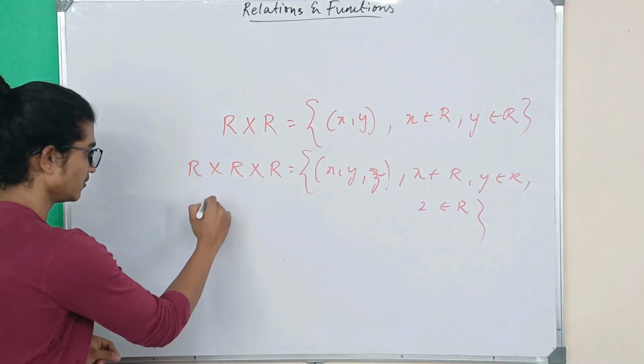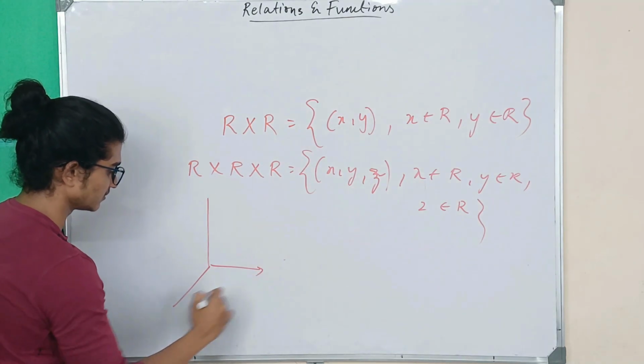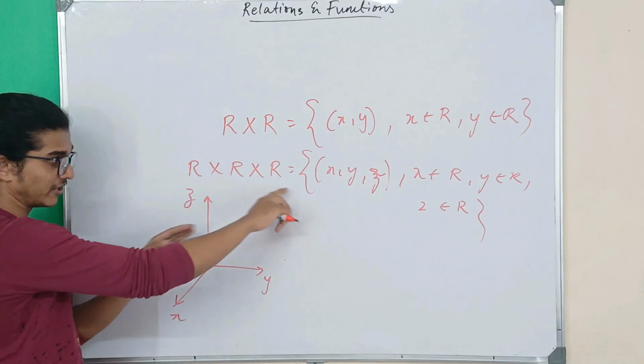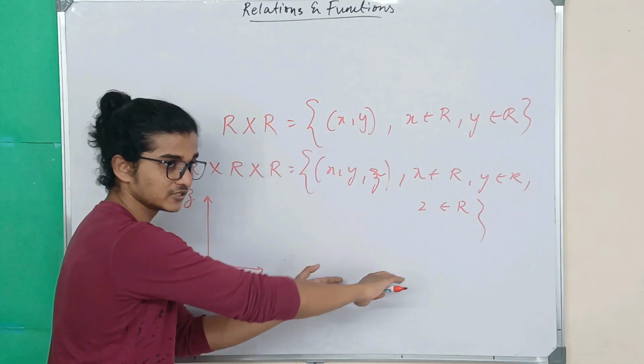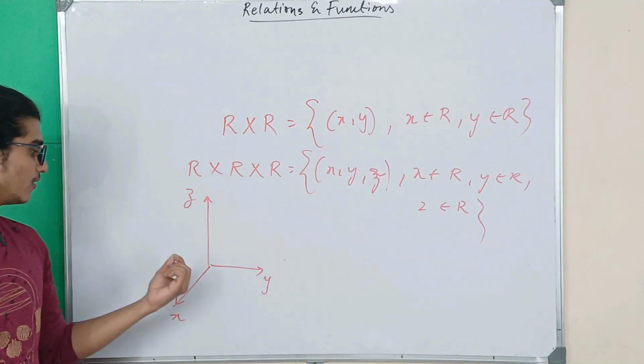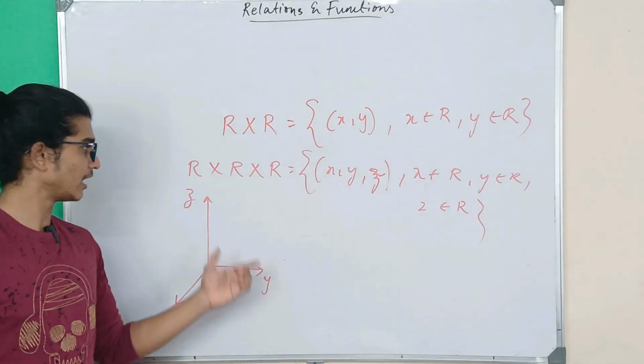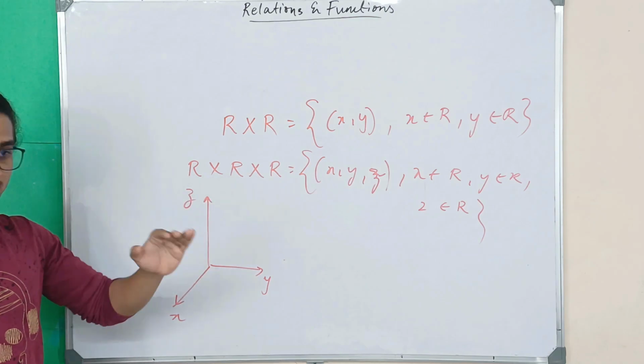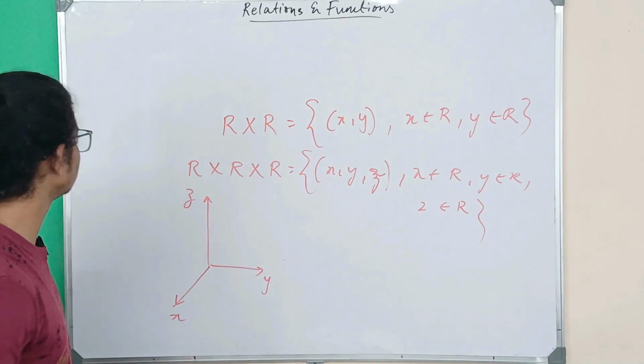So 3D space, you guys probably know this. This is the x-axis, y-axis, and this is the z-axis. If you find all the numbers here, the numbers are going to represent all the points in the space. Now if you're wondering how we could do triple Cartesian product, it's just basically you're going to take, for example,